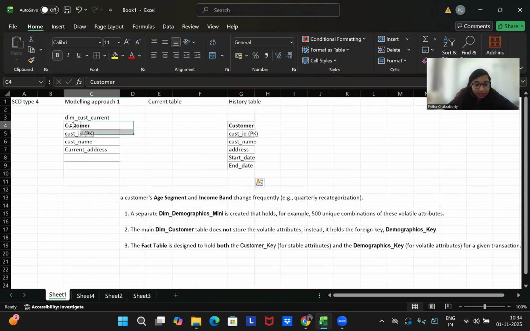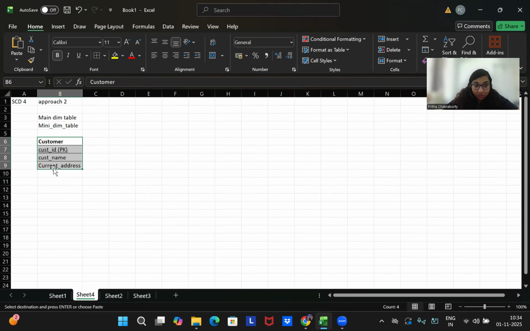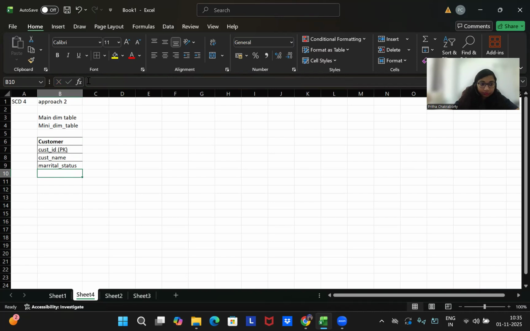So here I am considering maybe marital status, and obviously the customer address also can be a slowly changing dimension. Maybe mobile number, because that is not changing over time. Email ID, that is also not changing very frequently over time. So this is my main dimension table,